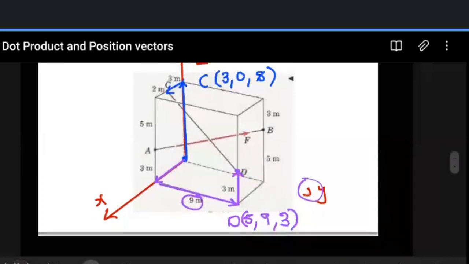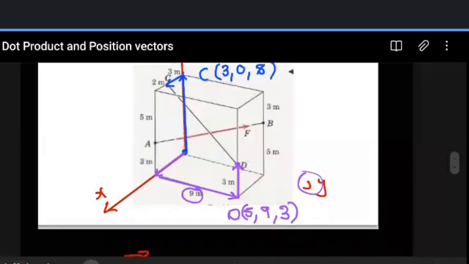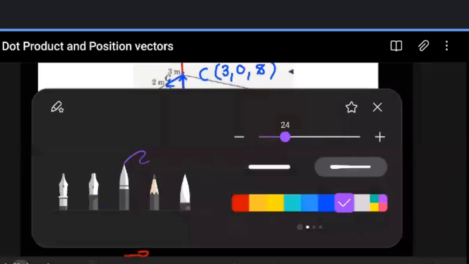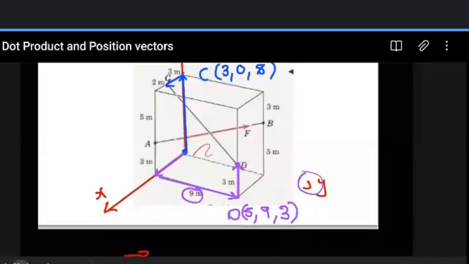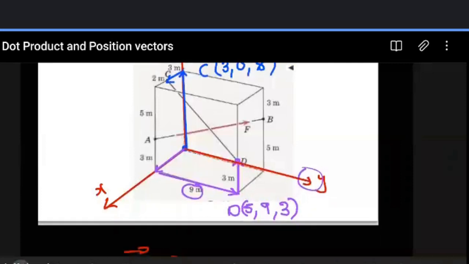Okay, now with this done, I'm seeing I somehow erased the Z axis. Let me just bring it back. Okay, so this first part is done. We've got the coordinates. Now to get